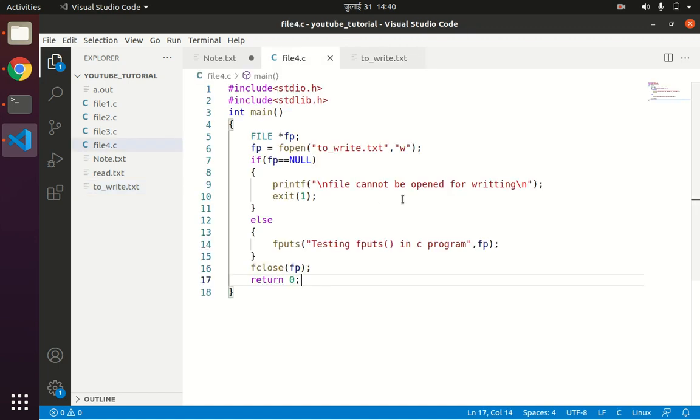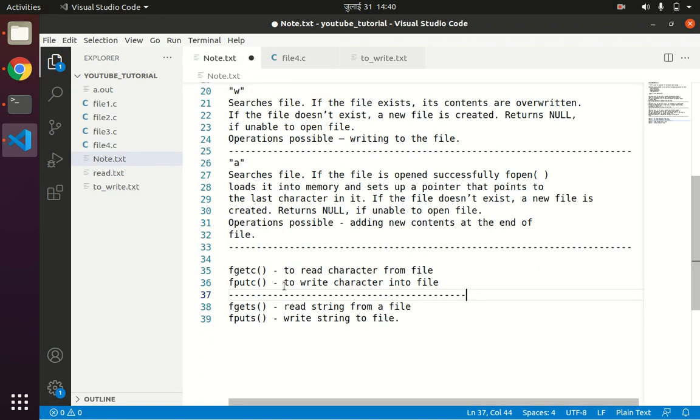So this is about fgets and fputs. We have written the program for fgetc, fputc, fgets and fputs.